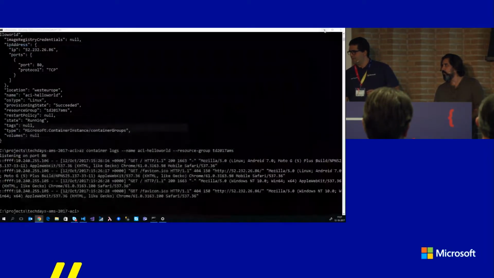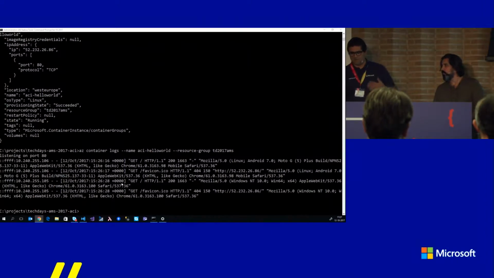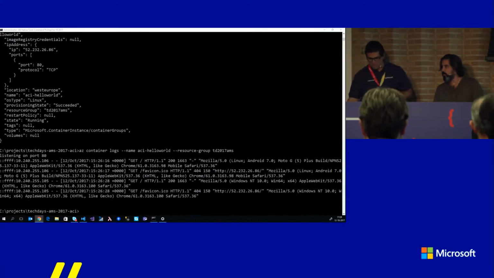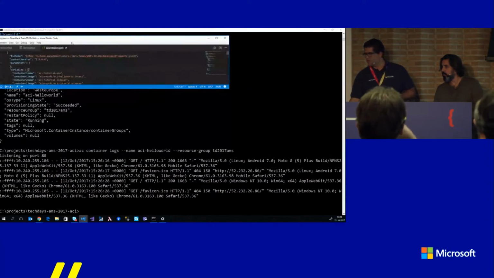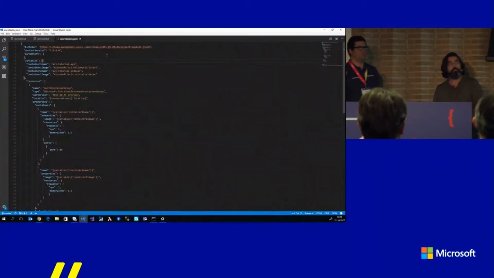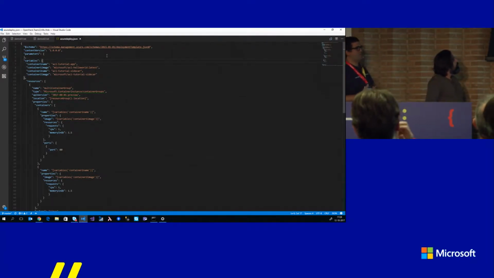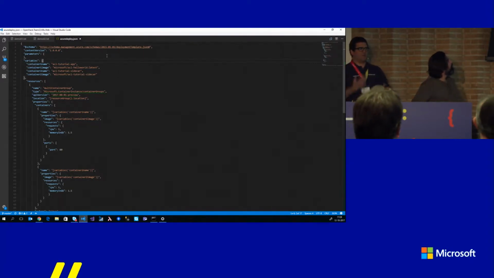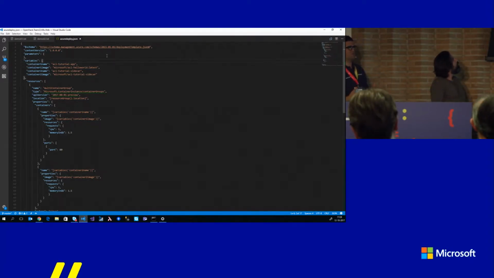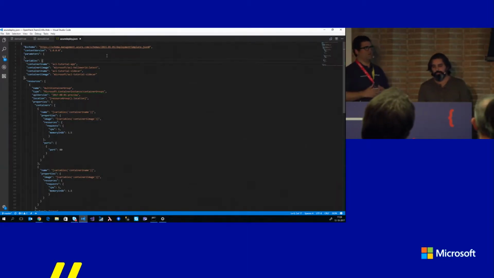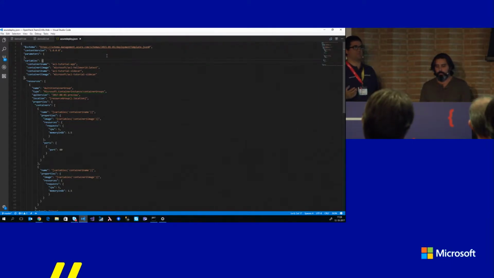All right. So the second way that you can deploy is also, of course, the command line, but using the ARM templates, like Alessandro was referring. I'm going to show you a pre-baked one that we have in Visual Studio Code. I assume everyone is familiar with ARM templates? Yes? No? Okay. As Alessandro referred, ARM templates are a way for you to spec out what sort of Azure resources you want to provision. Basically you have a thorough definition of what you want in pretty much all Azure services.